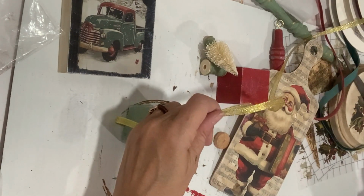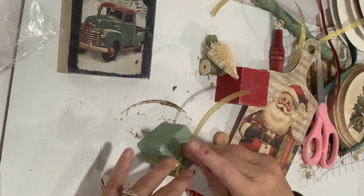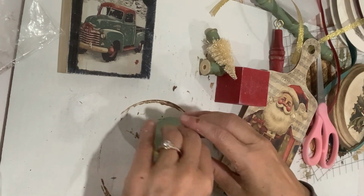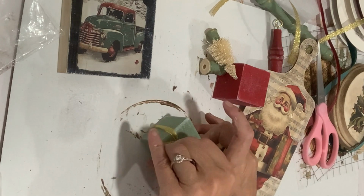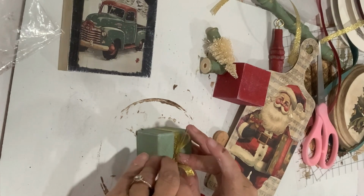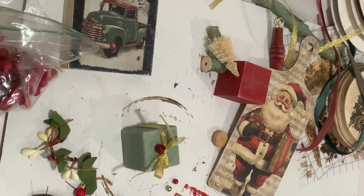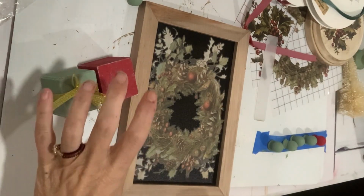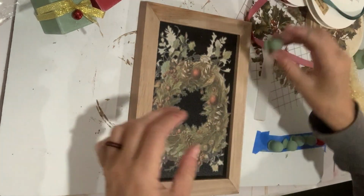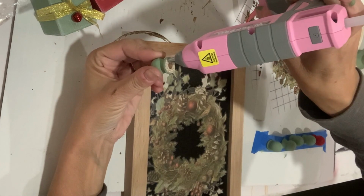So we are using some gold, just simple ribbon, to tie a little bow onto our presents. And I'm also going to use some, well, I thought about using berry picks that I got from Hobby Lobby, but they were just a different color red that wasn't really working for me in this one. So I went with, why do I want bells? My word, y'all. Bells. And I'm using these little...